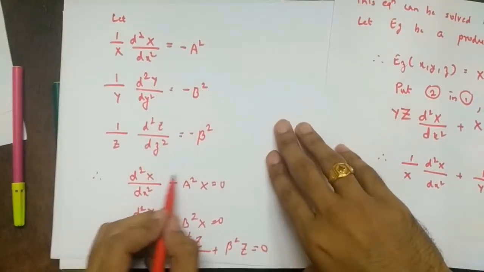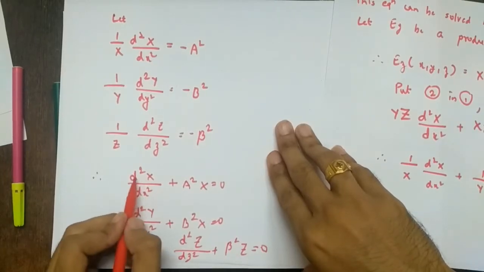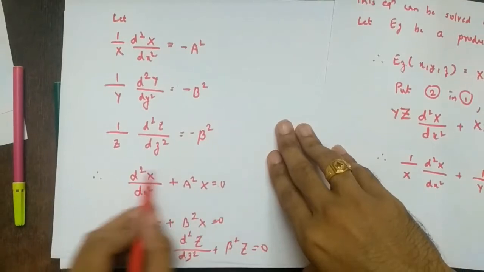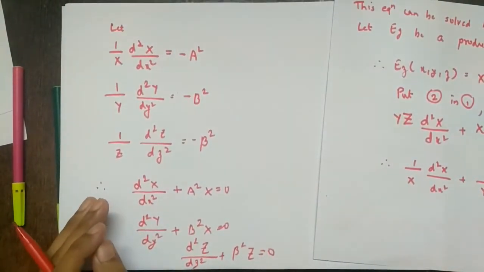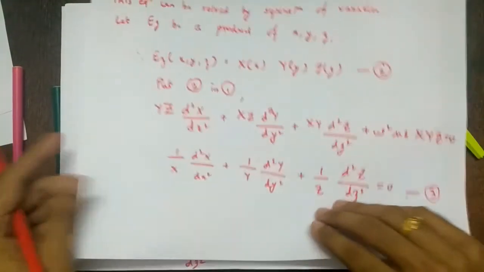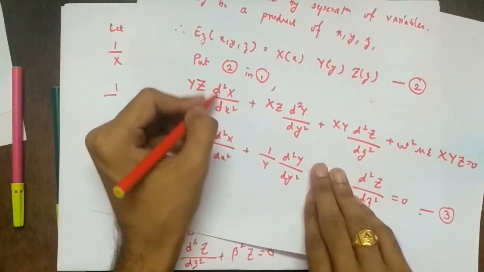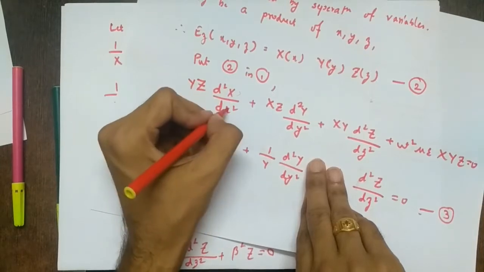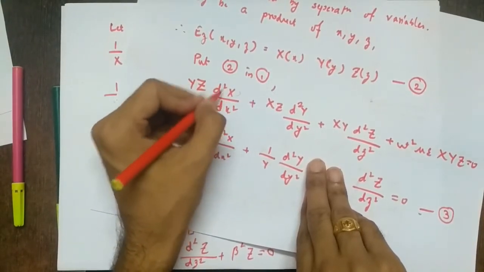Right? So if you observe, this is of the form d square V by dt square plus omega square V equal to 0. So this is nothing but sort of equation of a transmission line. So we already know the solutions for this. So that is the reason we have assumed this as minus. And I forgot to tell you one thing. It was a partial derivative earlier, but it is a complete derivative here. Why? Because X is a function of x only, and we are taking the derivative with respect to x. That is why this is the complete derivative.